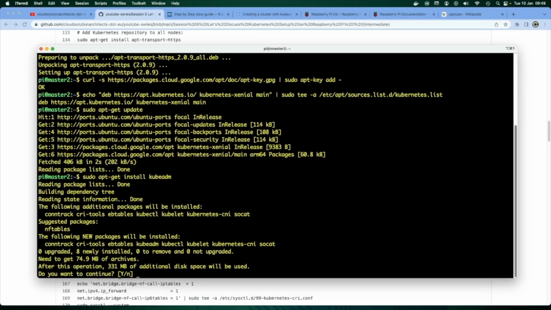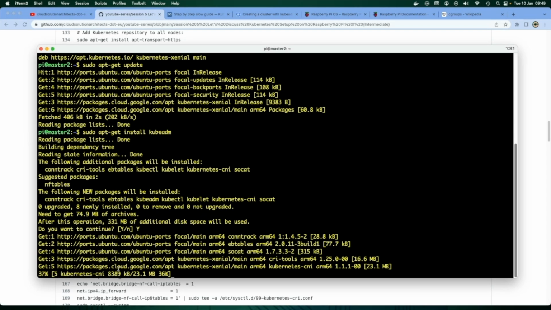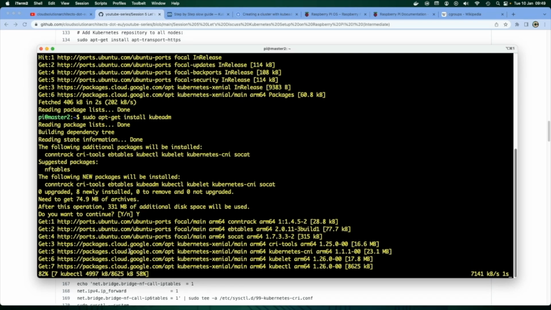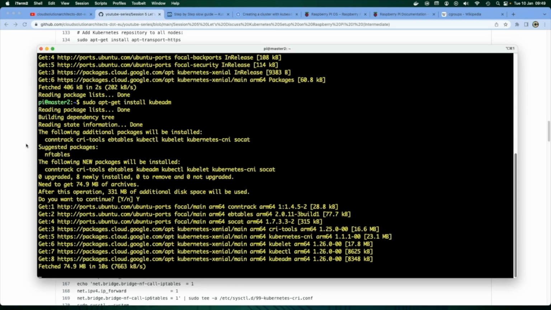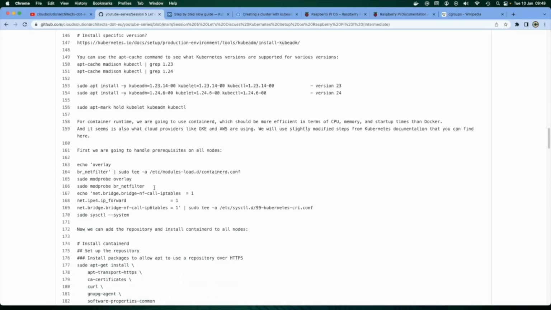And we're going to give it a minute. And do I want to install all of these packages? Yes, I do. While that's happening, you can see it's going out to cloud.google.com, pulling down packages. But while that's happening, I'm just going to go down a little bit and explain a little bit about